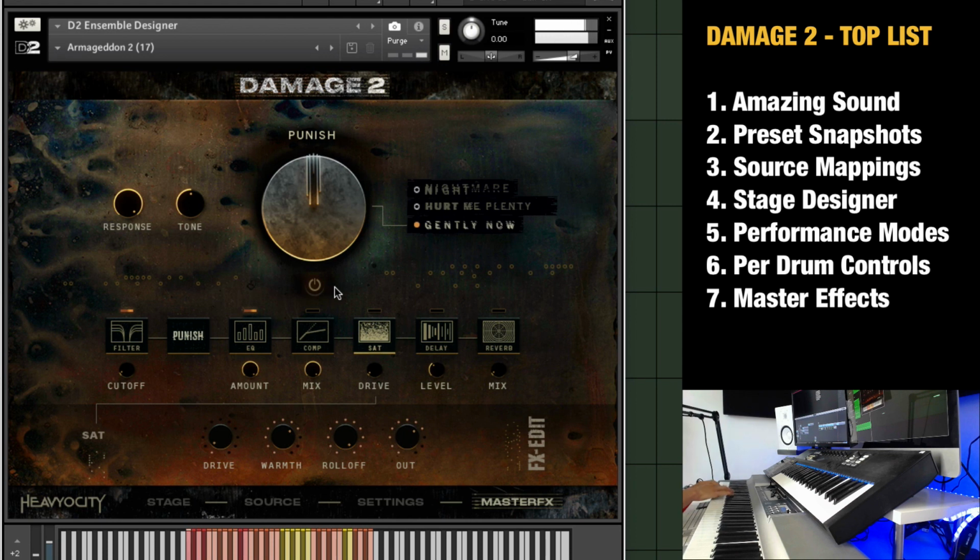So, compared to this. And they have 3 different modes now for the saturation, compression, you know, the punishing epic hybrid aspect. So gently now, hurt me plenty, and nightmare. So now without anything, you can get... Let's do the low drums only. With gentle now in the middle of the punish knob. Hurt me plenty. Right? And nightmare. I mean,